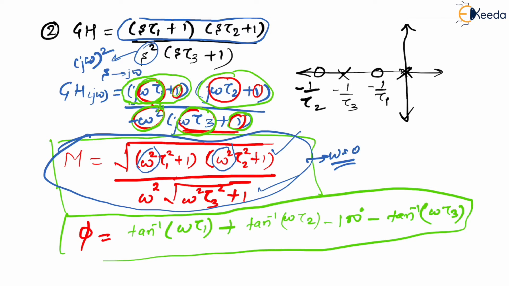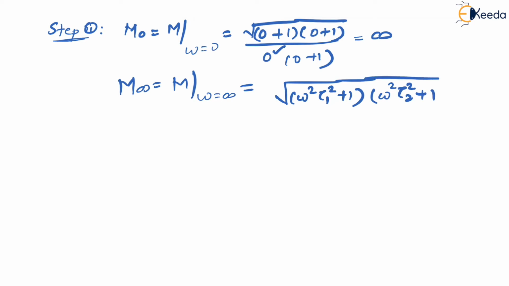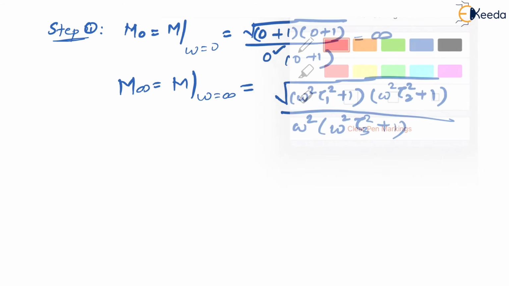So yes, let me just take that. Let me firstly write down that magnitude. It is under root of omega squared tau 1 squared plus 1 into omega squared tau 2 squared plus 1, divided by omega squared into omega squared tau 3 squared plus 1, right? From the numerator,